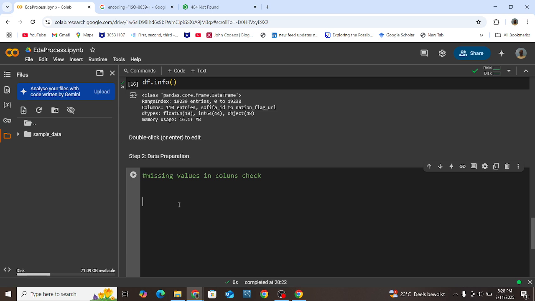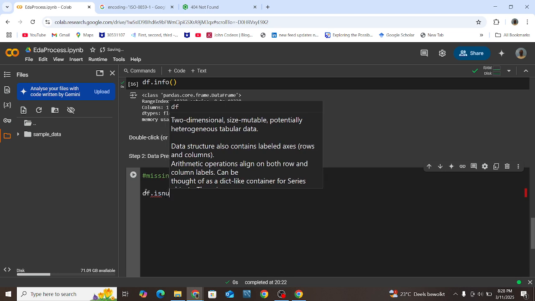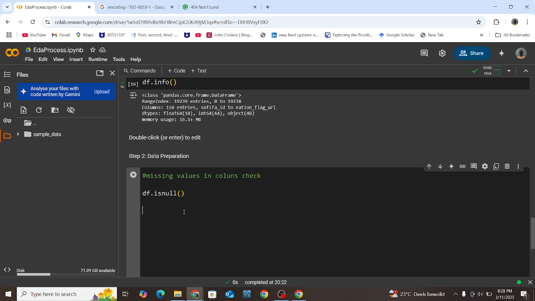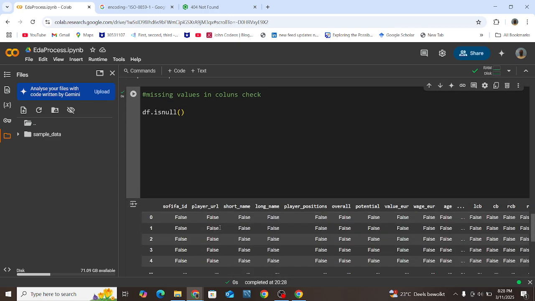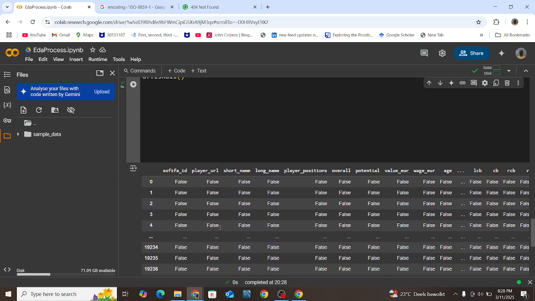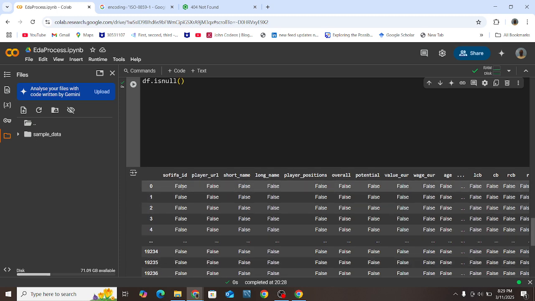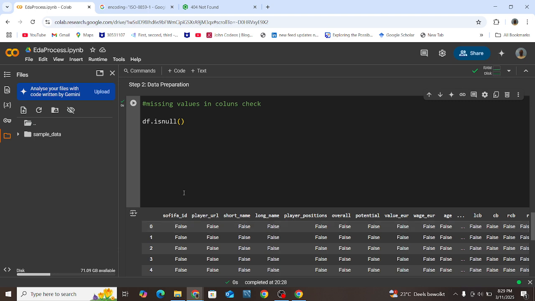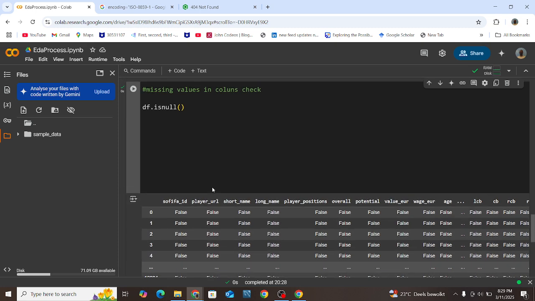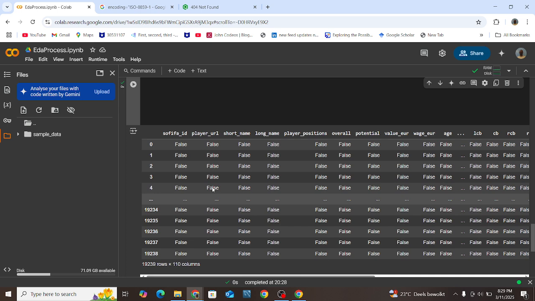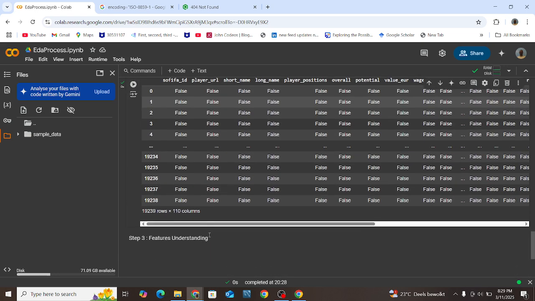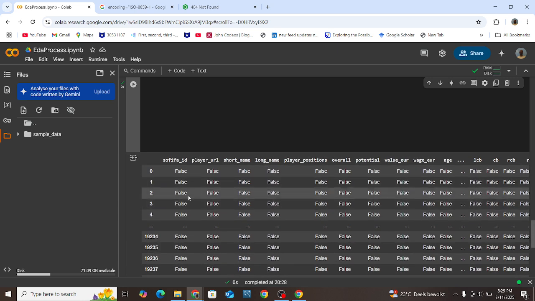and we use the isnull function. This is how we implement it: we can have df.isnull. When we run this, we are going to see false and true values in our data set. Where we have a false, it means that we don't have a missing value, and where we have a true, you notice that there is a missing value. But with a data set like this one, going through these columns checking false and true can be